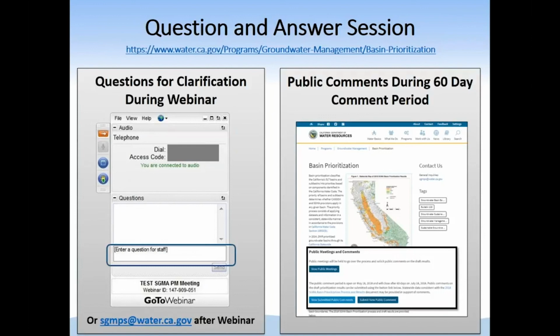Why not use the component 1 population rather than 2010? Yeah, why not use 2010 data for the population? Well, we did use 2010 population for component 1. Okay.